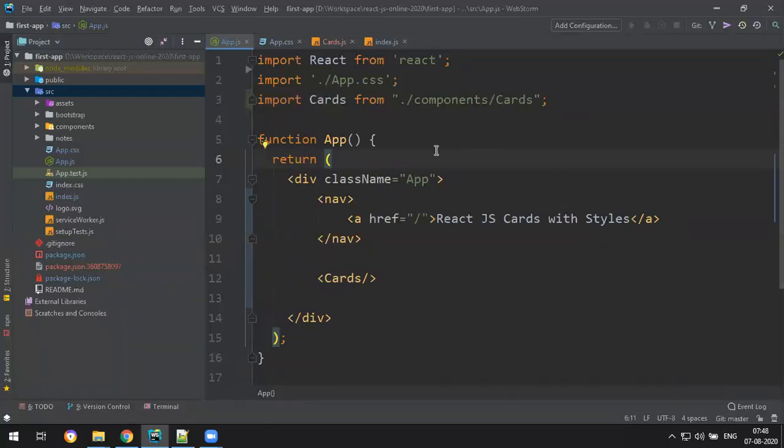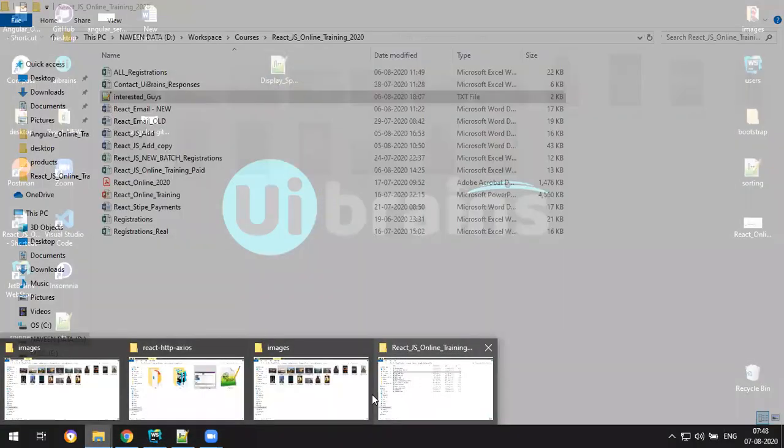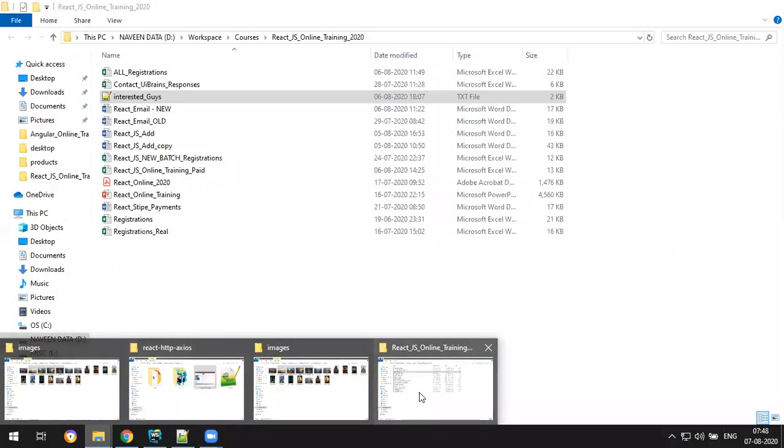Okay, so how to take a backup is very simple. Only the src folder and public folder. Public and src enough, right? Because we have not touched anything in the package also. Okay, do one thing. Except node modules, you get everything. Copy this. Okay, let me take a backup of this. Where we take a backup in here,